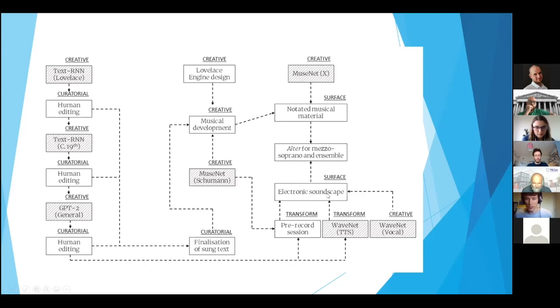Let's go through the notated musical material to show some of the creative process. Contributing to the score is OpenAI's MuseNet algorithm, and I'm very lucky to work with Christine from OpenAI quite extensively.